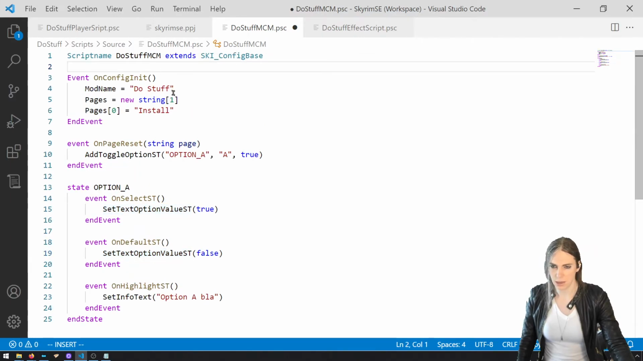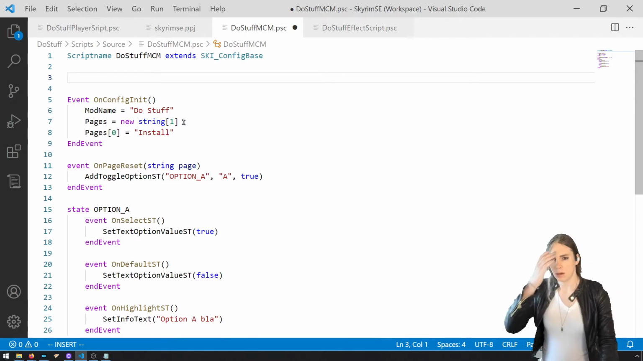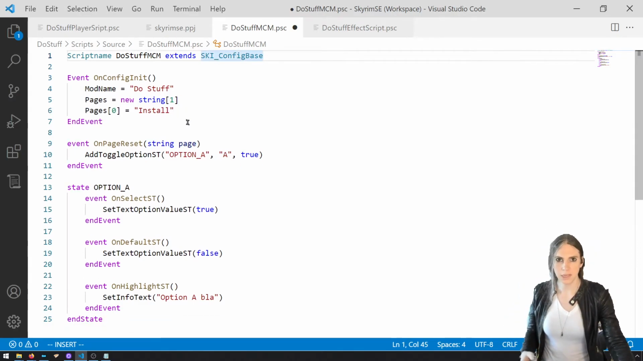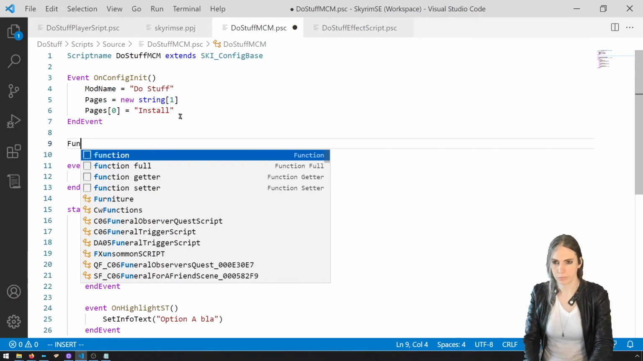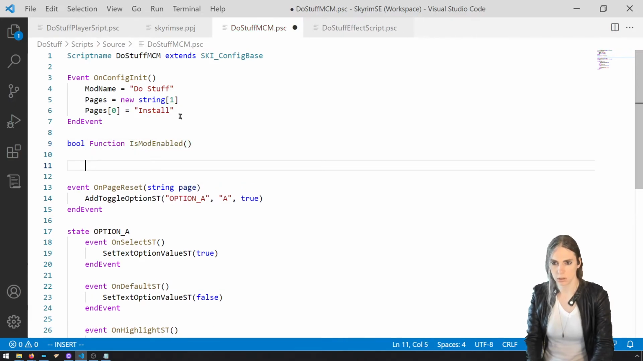Let's say we have a Boolean that we store in StorageUtil for whether or not the mod is on or off. So we'll say bool function is mod enabled, and it'll return